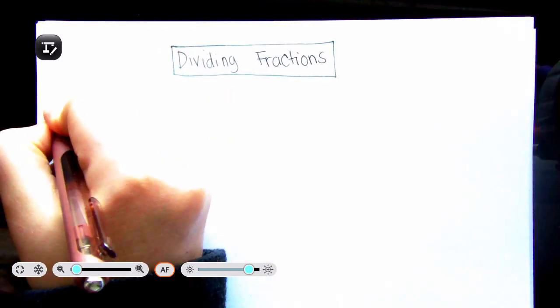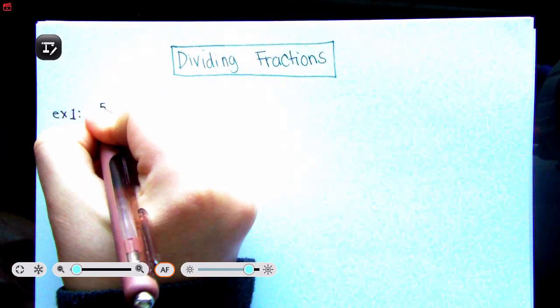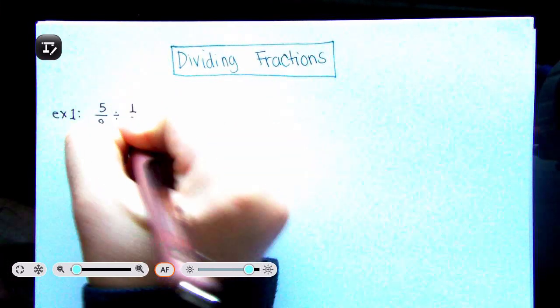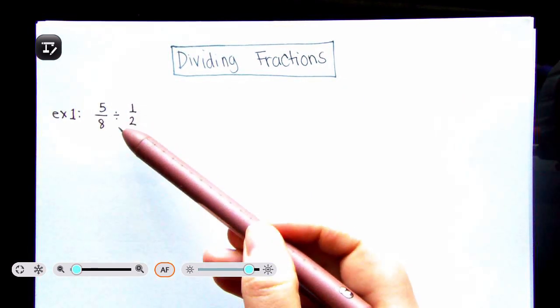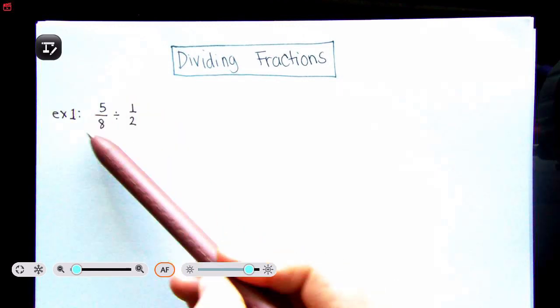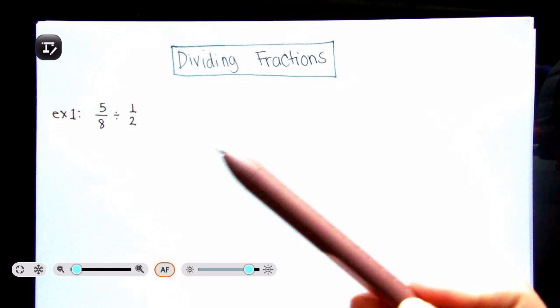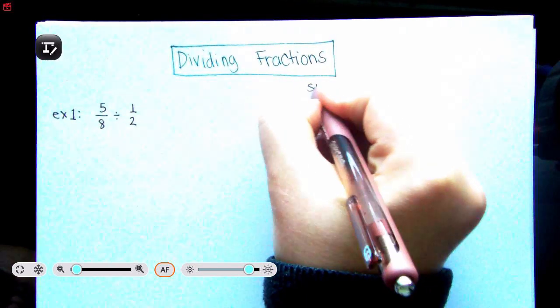So let's do example number 1, and let's do 5/8 divided by 1/2. Now you might see the setup of dividing fractions done this way. You might also see it in a different way, and I'll show you in a different way in our next example. So step number 1,